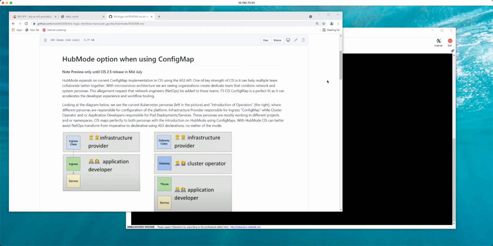This is a recording of a new feature that is coming in CIS 2.5. And as you said, this feature is really under preview. And so this is an introduction of a feature called HubMode. And this HubMode feature is applied to an AS3 config map. And so what's been more prevalent and what we're seeing more and more of is